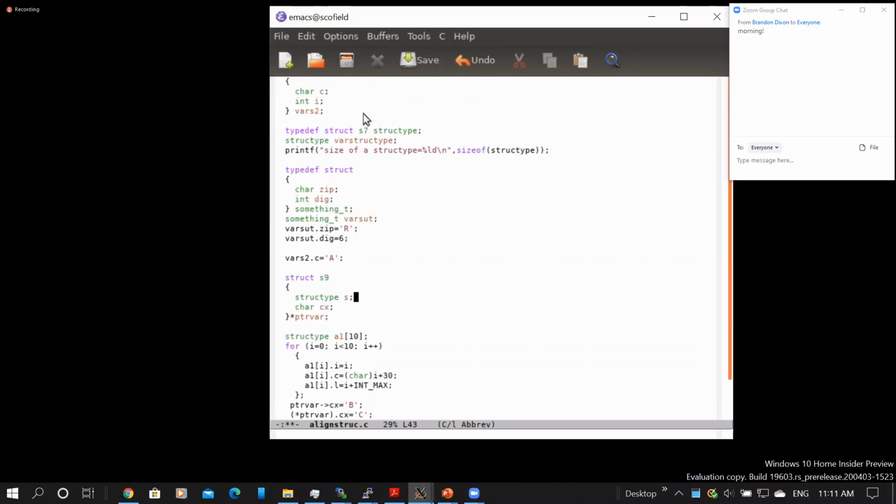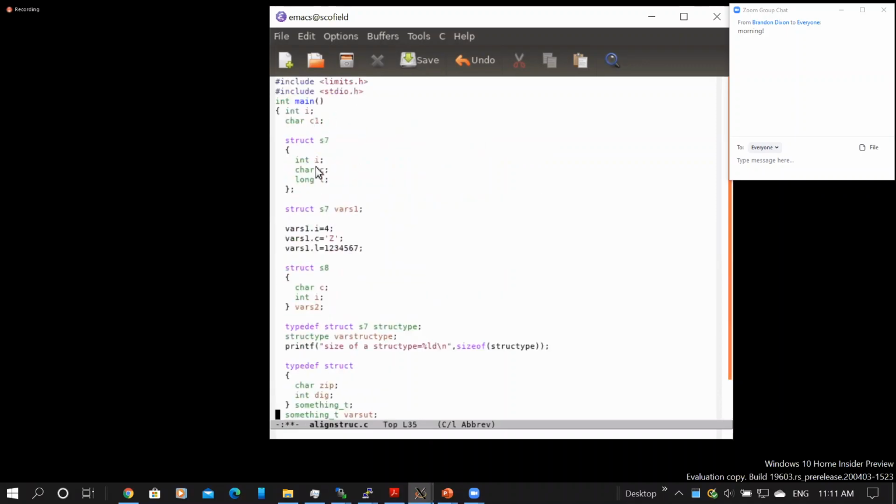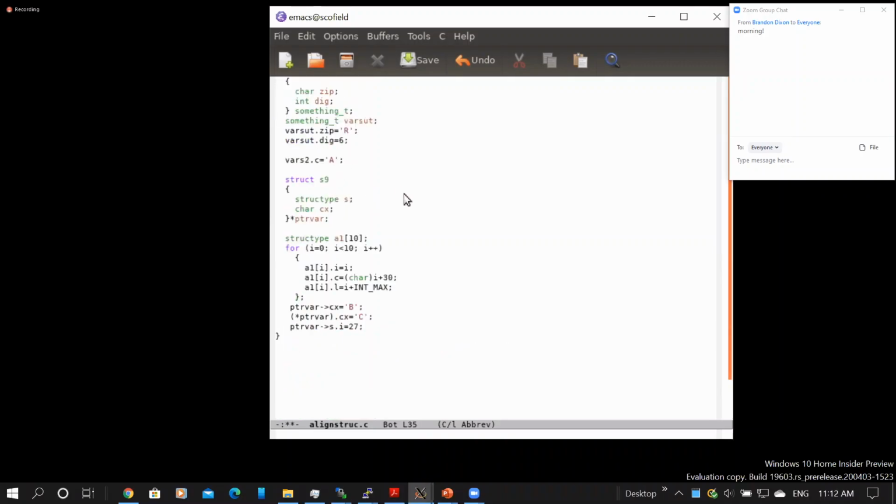Which is in turn an S7 struct, which looks like that, which has fields I, C, and L, right? So now I have a variable I'm declaring to be of one of these S9 guys, but it's a pointer to one of those S9 guys,